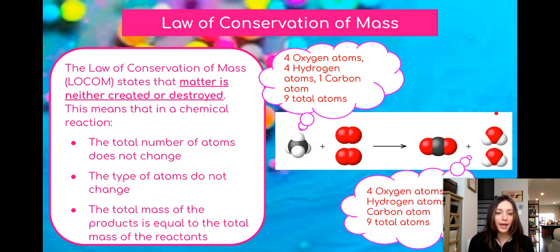However, if we look at our products, we can still see that we have 4 oxygen atoms present, 4 hydrogen atoms, one carbon atom, and a total of 9 atoms. Since the type and number of atoms are the same, we can also assume that the mass of those products is exactly equal to what it was in the reactants, supporting what we now know as the law of conservation